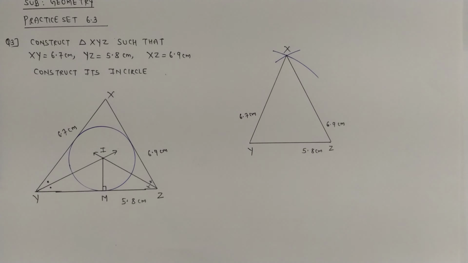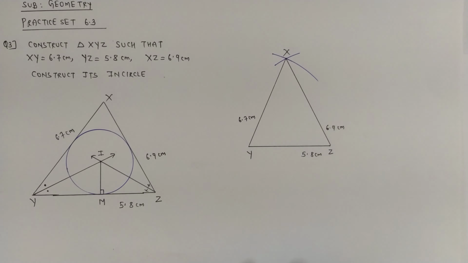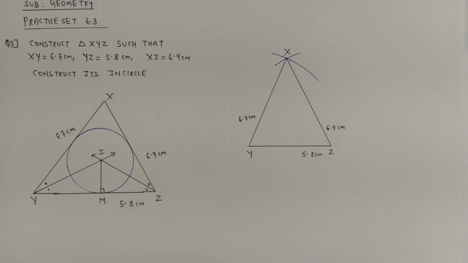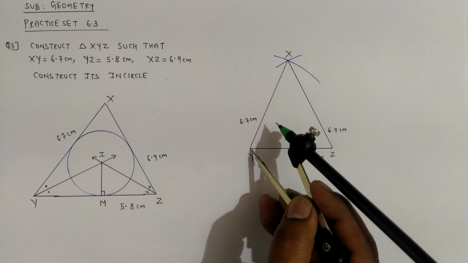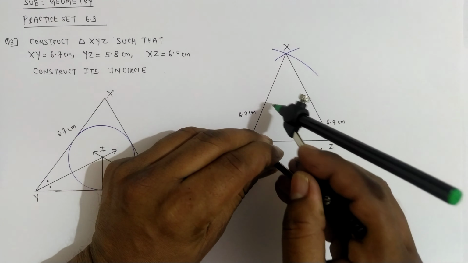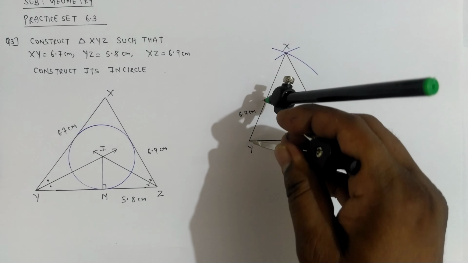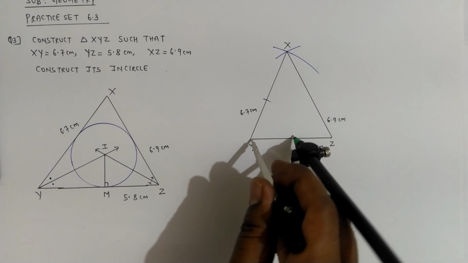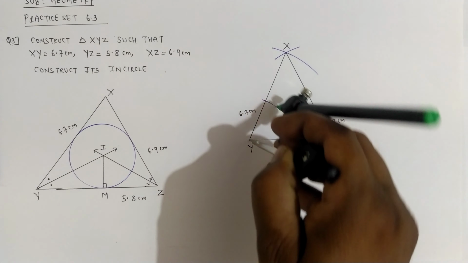Now we go for drawing the angle bisector. We have to bisect any two angles. So we can bisect angles Y and Z. Let us go for bisecting angle Y. See how we do that? Okay, keep the rounder on point Y, and take some small distance, and cut either side, say XY, and you can mark on YZ. Okay, so this is how we draw the angle bisector.